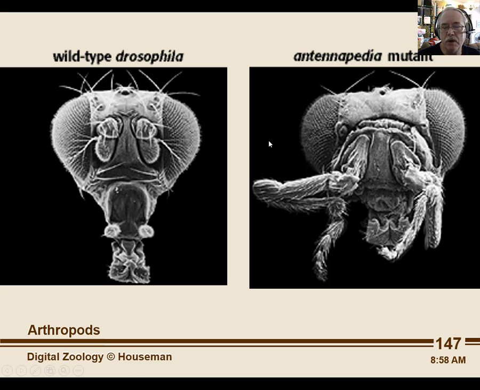And what does this mostly tell us? Mostly it tells us something about how these master genes are controlling which legs go on which segments. And as we've talked about quite a bit with our arthropod lectures, different arthropods are all about that. They're all about which legs are on which segments, whether they're chelate or clawed or not, whether they're biramous or not, and so on. Okay, I'll stop there,